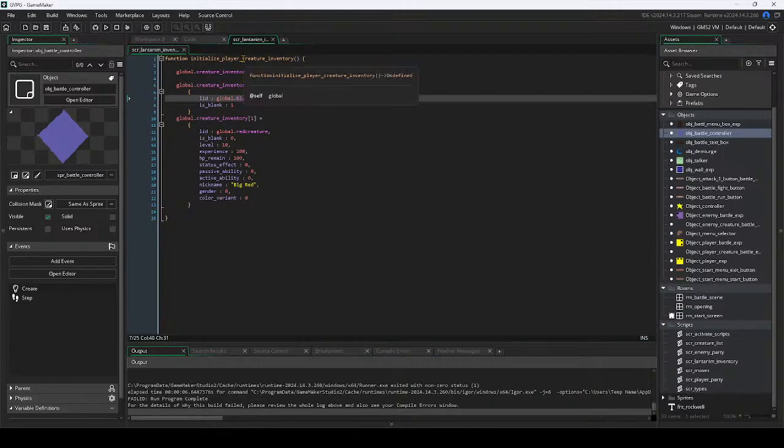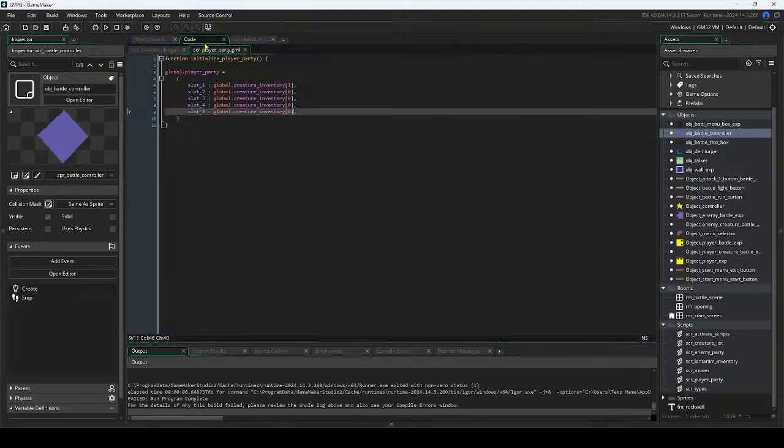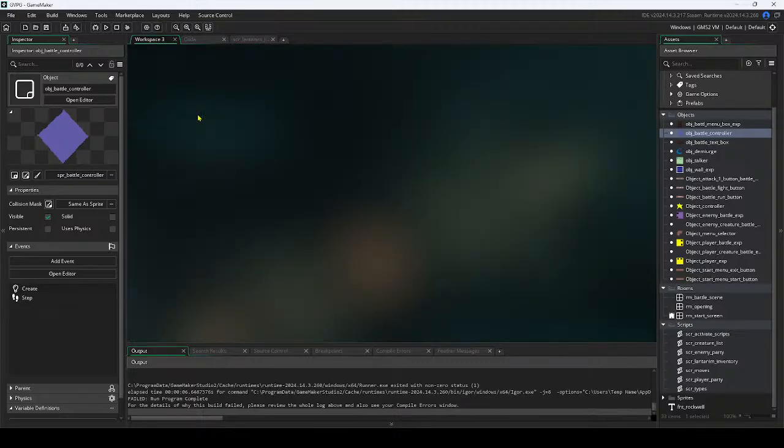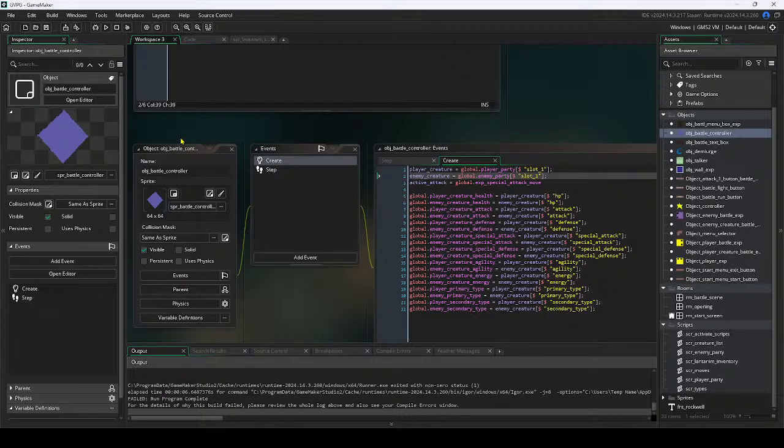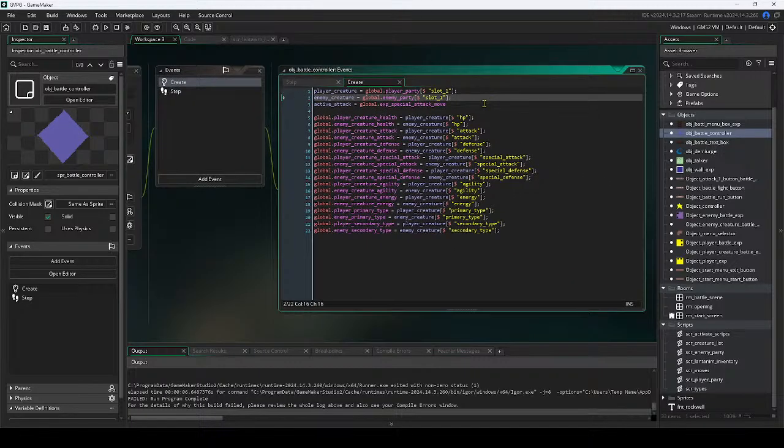So it defines that to be equal to this. We then need it to access lid. So we want it to access